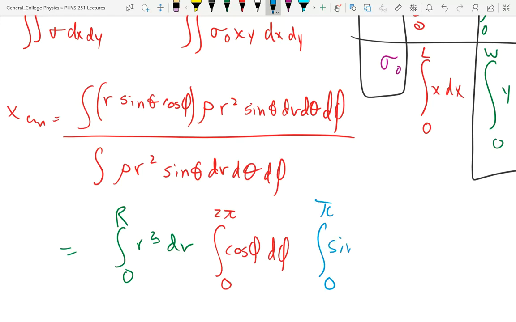Is that a cube? Right, a cube? Yeah, that's a cube. I started writing a square and realized halfway through that it's a cube. So we have this integral